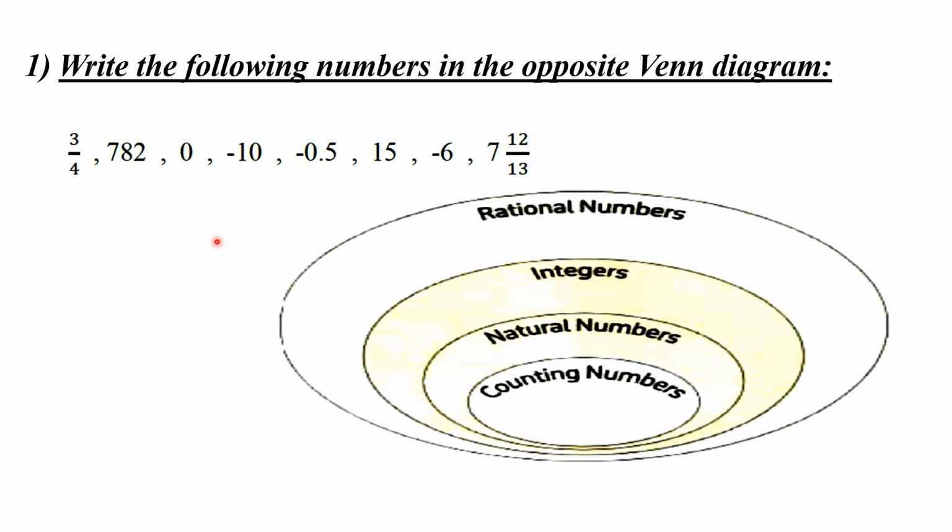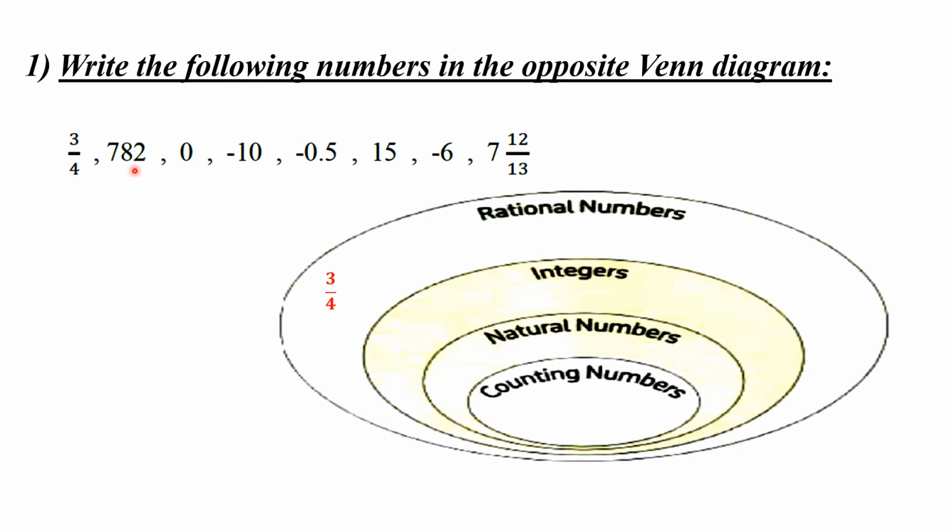Exercise number 1. Write the following numbers in the opposite Venn diagram. We have 3 over 4, 782, 0, -10, -0.5, 15, -6, and 7 and 12 over 13. The first number is a fraction, so we will put it in the rational numbers, in the circle of the rational. Second number is